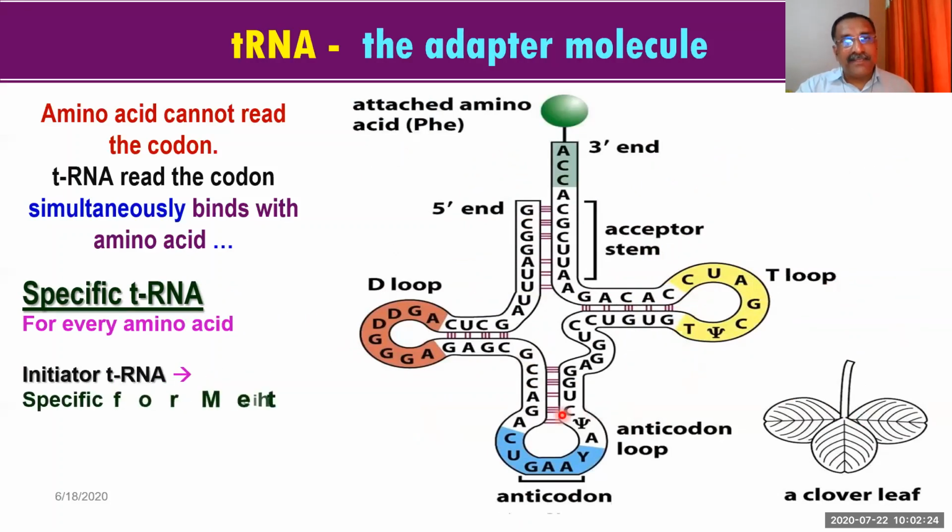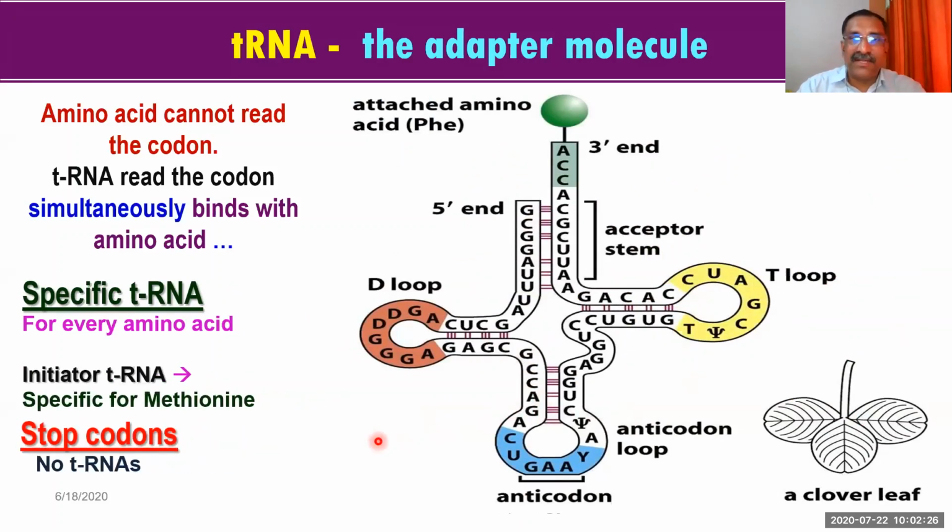And another thing you have to remember is that 20 different types of amino acids are there. But remember, all the transfer RNA cannot attach to all 20 types of amino acids. You shouldn't think that so many transfer RNAs are there in the cytoplasm, so I can go with anyone. No. Any amino acid cannot link with any transfer RNA. There are specific reasons for that, because for every amino acid, the transfer RNA is specific.